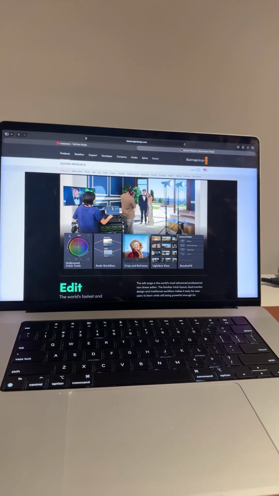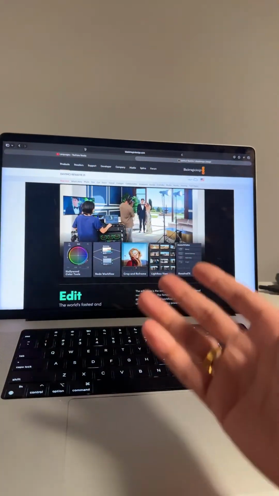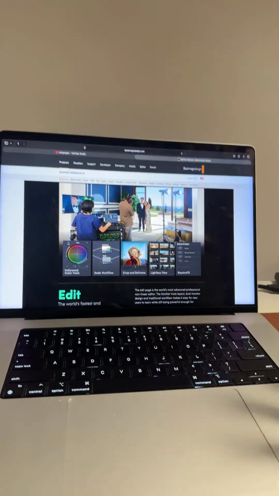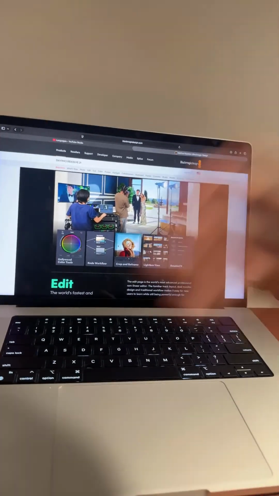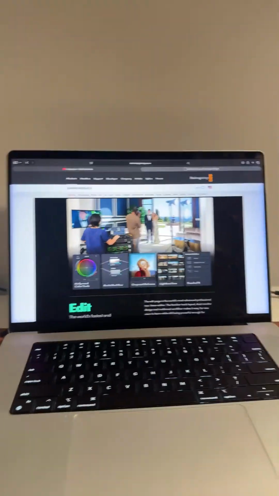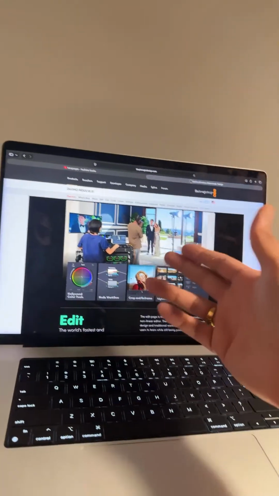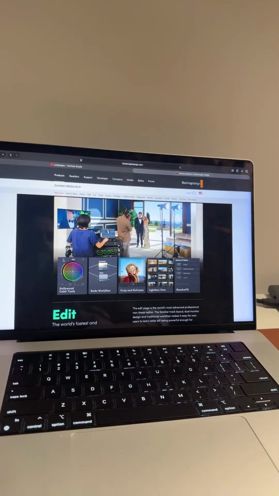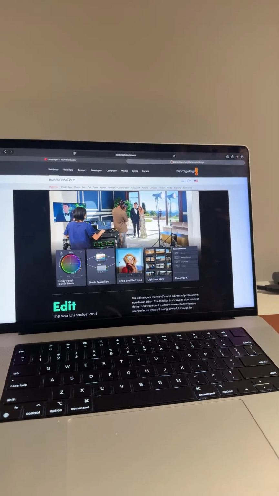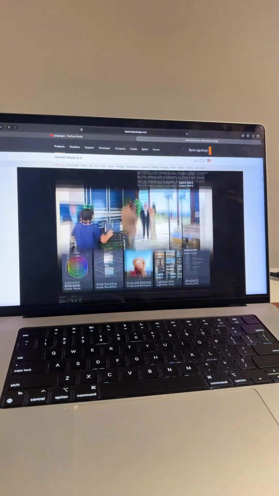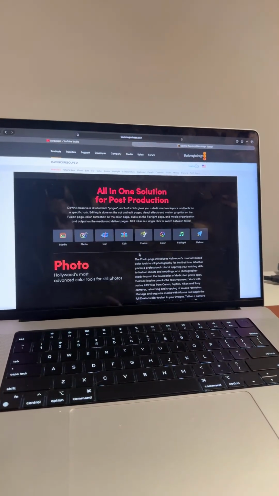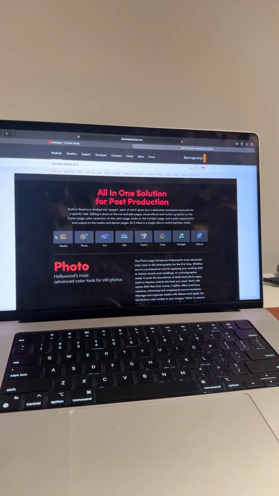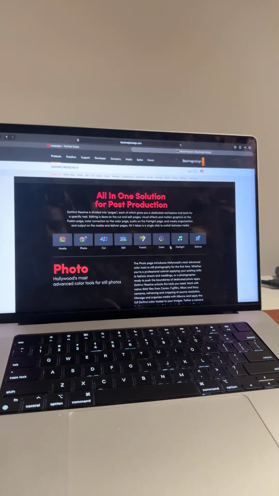If you have to edit photos, we obviously have a lot of things we do when editing, so this way you don't have to leave DaVinci and go to different software. This is one thing I love about DaVinci, because they have everything in one software.